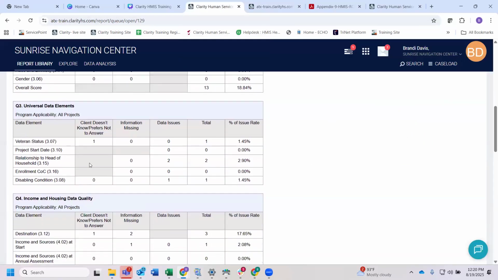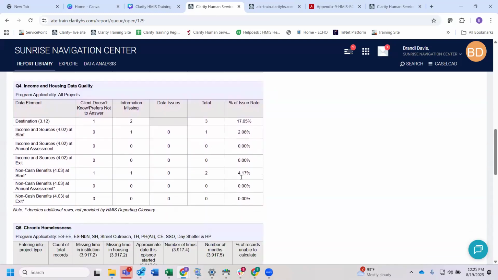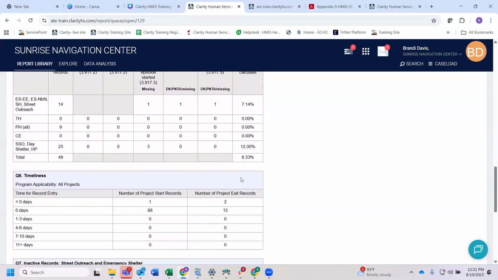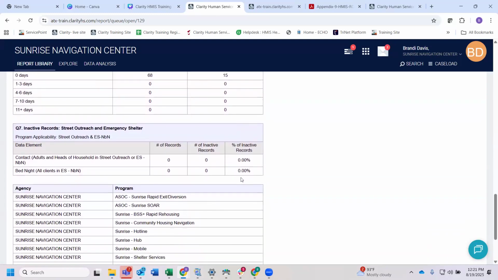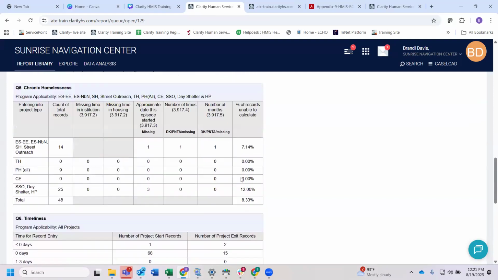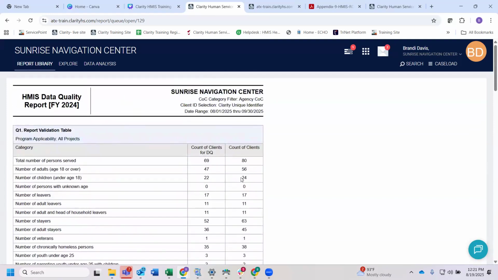And we have this for veteran status, project start date, relationship to head of household. You can see timeliness of data. So I'm just scrolling through that. So that's basically a very basic data quality report. We'll run one more report, but I want to make sure we have time for